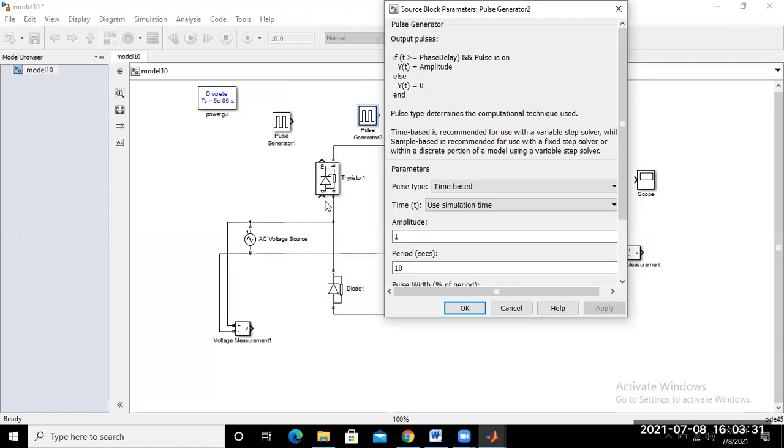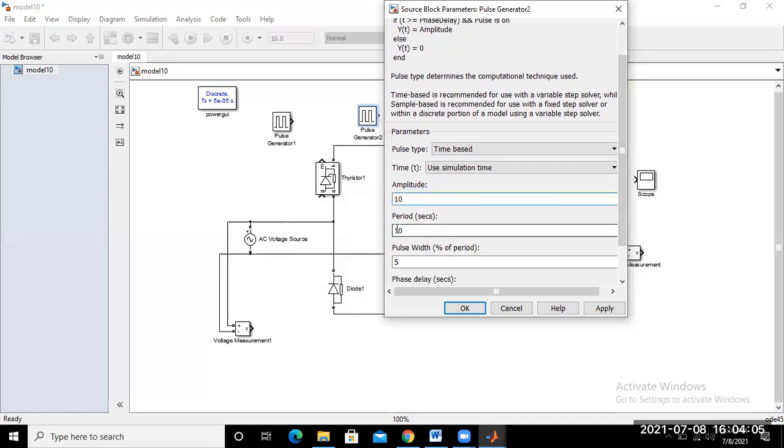The next incoming thyristor conducts after 180 plus 30 degrees, so the total angle delay is 180 plus 30, 210. Just divide 210 by 360. That is the phase delay for thyristor number 2.